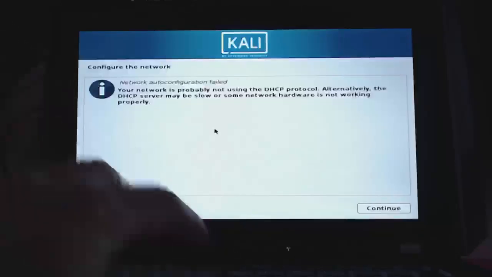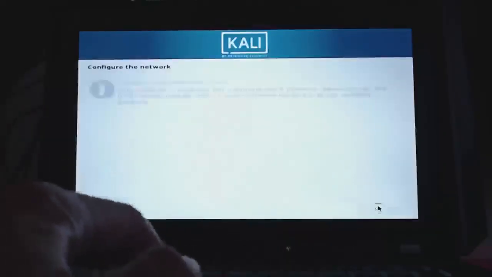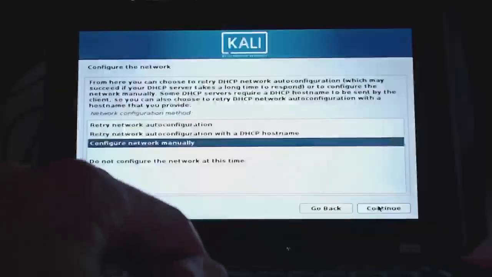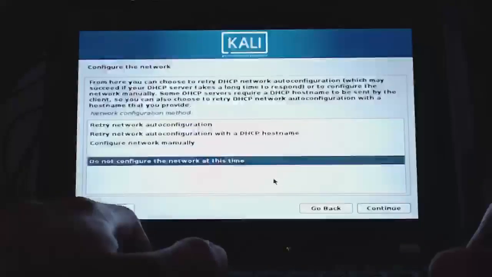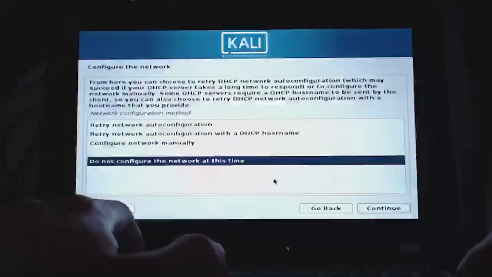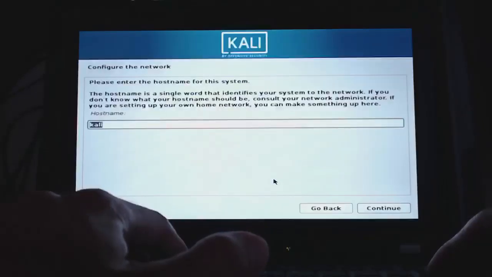Obviously the configuration of my network here failed, but as I said, I don't need it. I click on continue, and then I just select do not configure the network at this time and continue. Alright, then you should be here on the same page as me again after you set up your Wi-Fi connection,